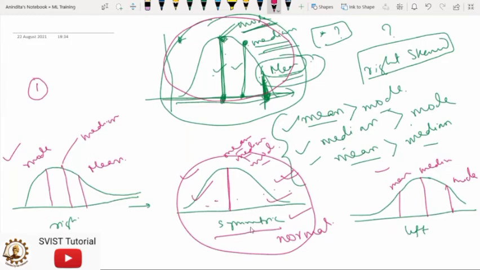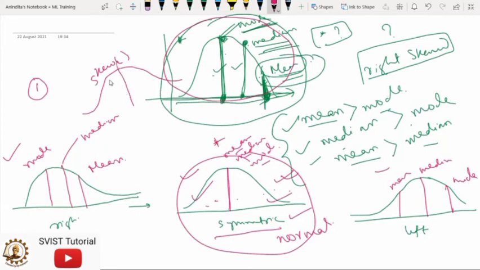But in a real life scenario, what will happen? We do not always find this kind of symmetric distribution. We may find a left skewed or a right skewed kind of distribution. So in one word, if you ask me what this skew function is all about, the skew function will tell you how your data points are distributed.